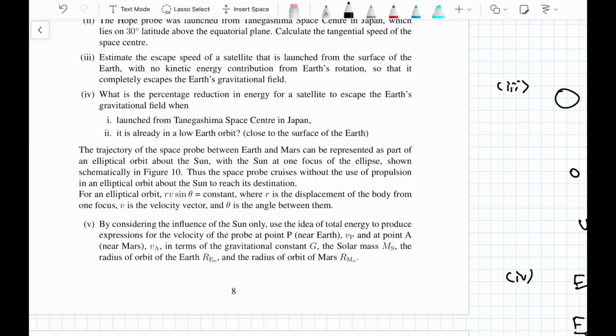Theta is the angle between them, so I suppose the angle between the displacement vector and the velocity vector. Okay, so